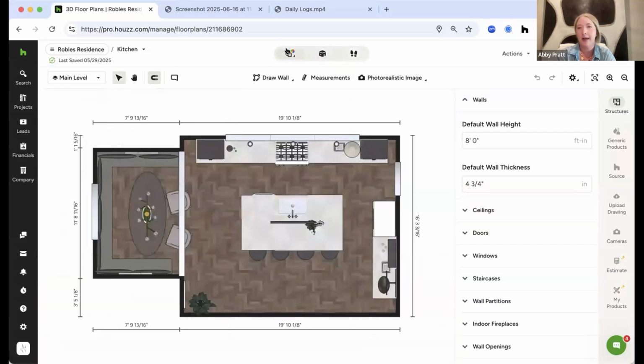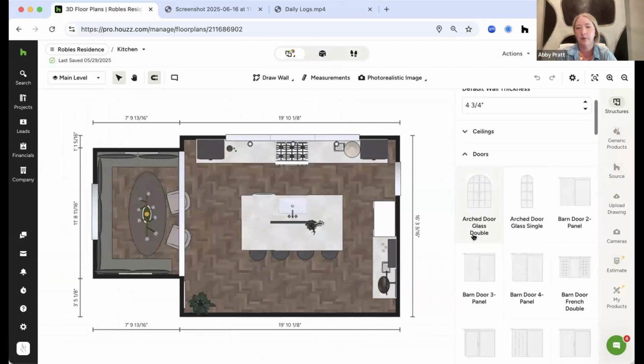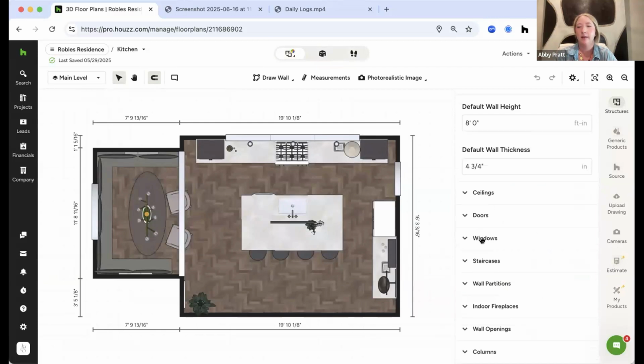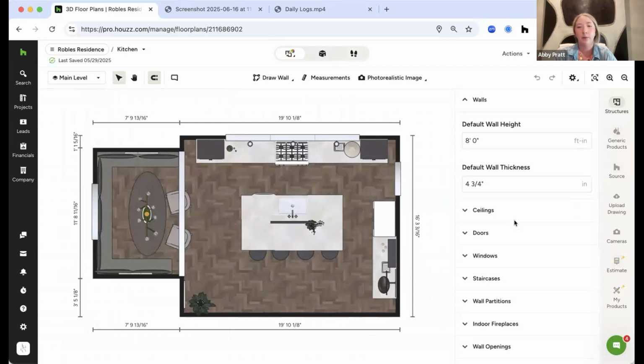Now, you're probably wondering, how do I get products into my plan once I upload it? Over on this right-hand side, you'll see access to different things. So structures, if you need to pull in different doors, there's tons of door options here. There's tons of window options, staircases, fireplaces, etc., that you can pull directly into the floor plan, as well as